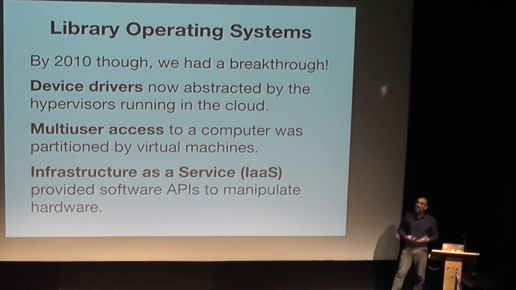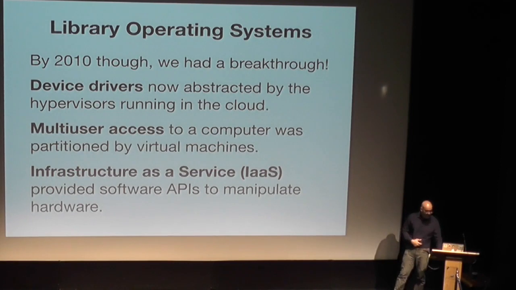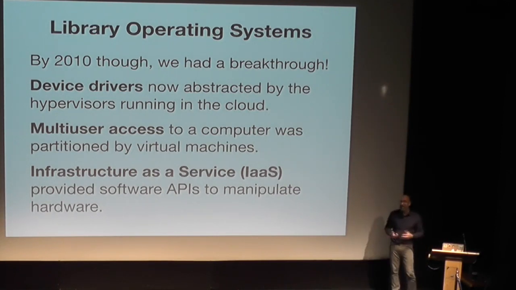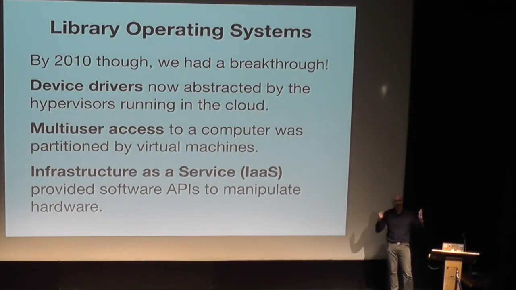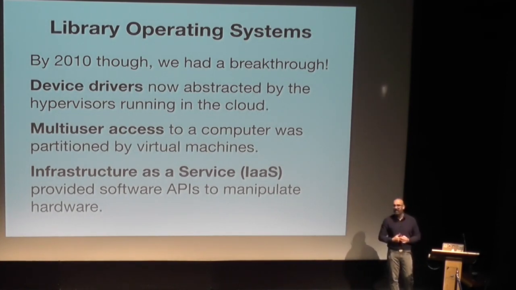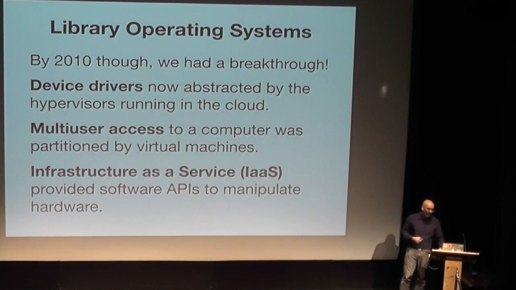And so the drawback of library operating systems is no longer a drawback because we just want to build these appliances that just go and do one thing. And we also had a software interface to hardware. So on Amazon, on Microsoft, on the various clouds, I could just make an API call with a web request and have a virtual machine running. I have, in the past, spun up hundreds of thousands of cores with a shell script that's just lashed up in a matter of seconds on my laptop. So it's an incredible amount of power through just using software. I didn't have to go and plug in machines, do any of that stuff.